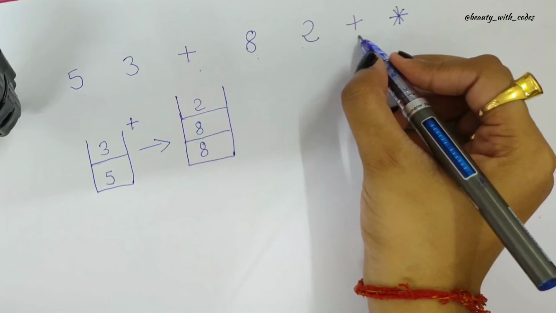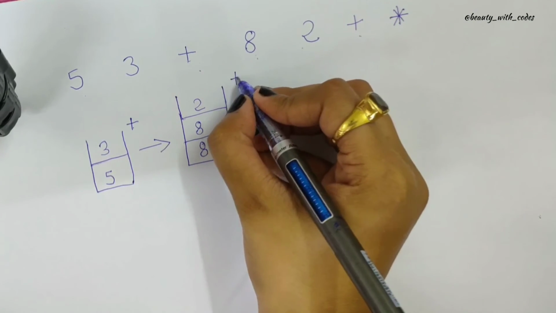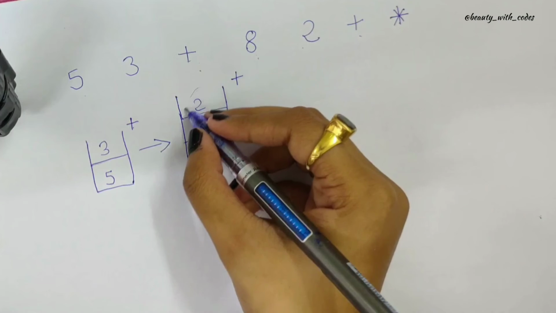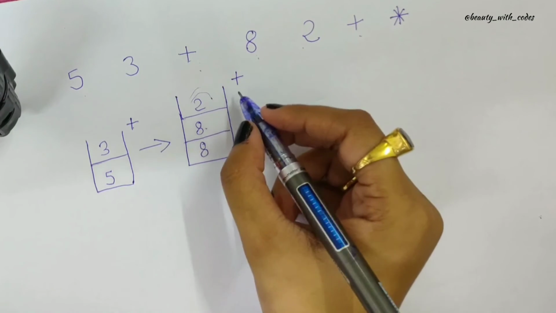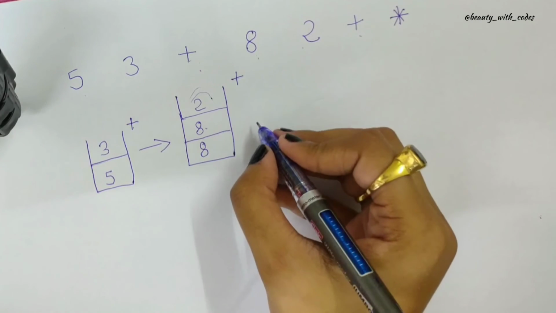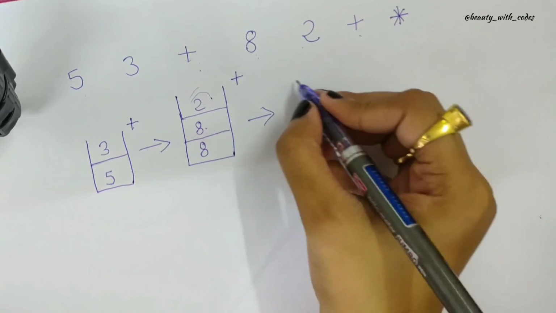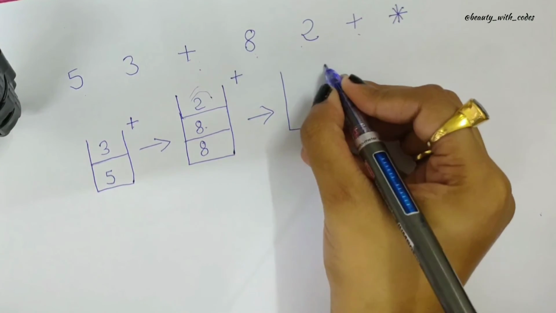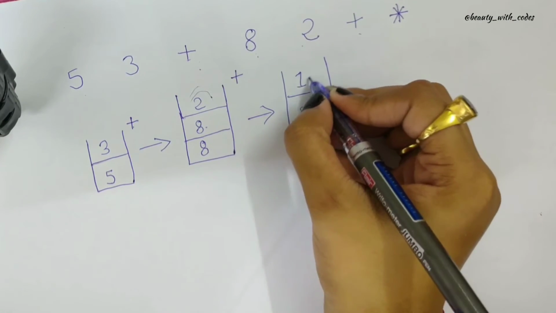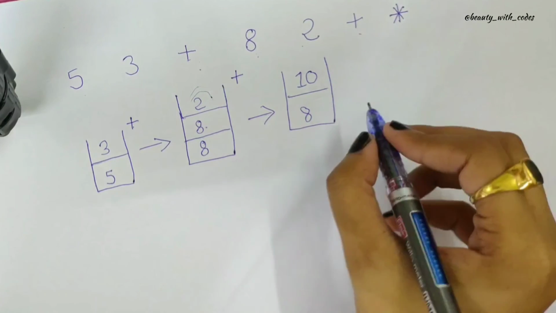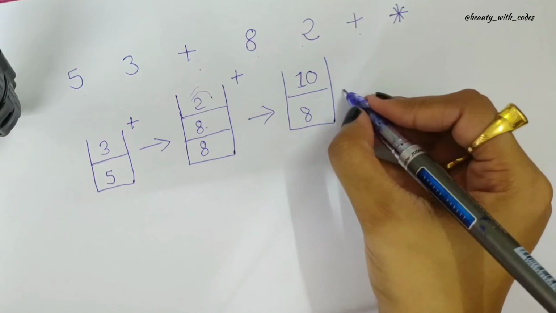After that, again a plus. So plus is supposed to evaluate the last 2 elements, or the last 2 operands, because for addition we need at least 2 operands, isn't it? So the next stack will look like 8 and then 10. 8 plus 2 is 10, isn't it? So this is going to be the next stack.